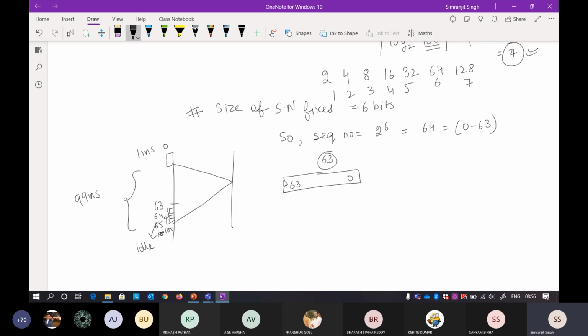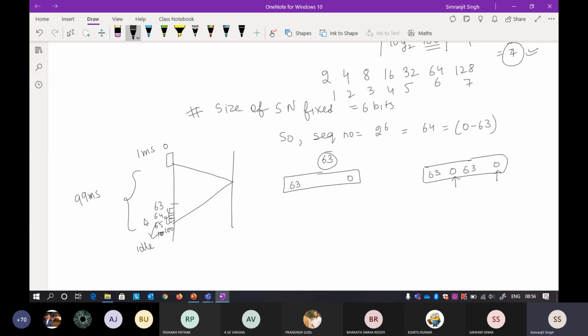If inside a window you again use the same numbers, there will be a problem at the receiver side. The receiver will not understand whether it is a different packet or the same one. And because the sender has also stored this number, the sender will not use the same number again in the same sliding window. So that is the problem.